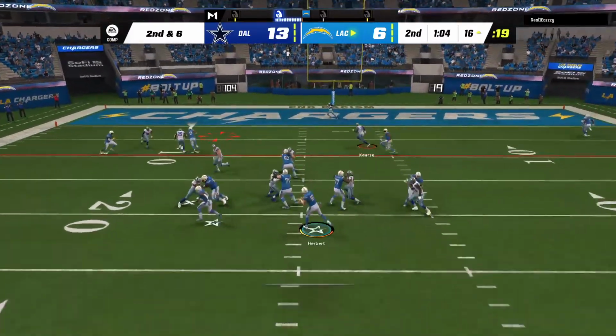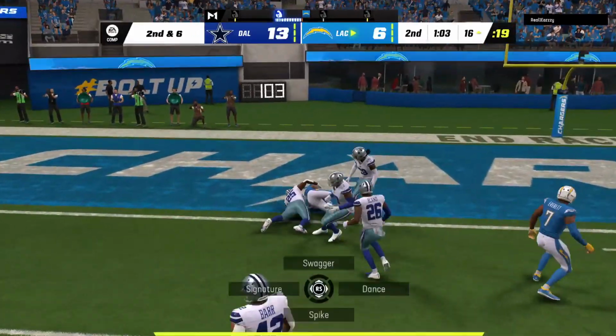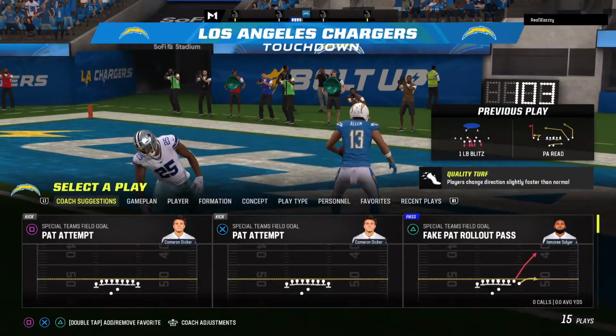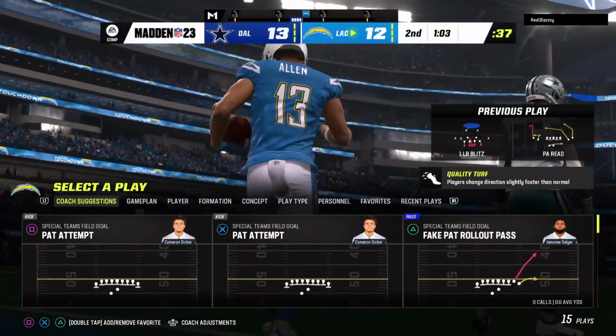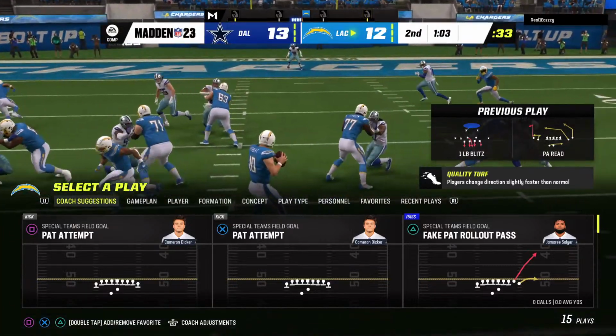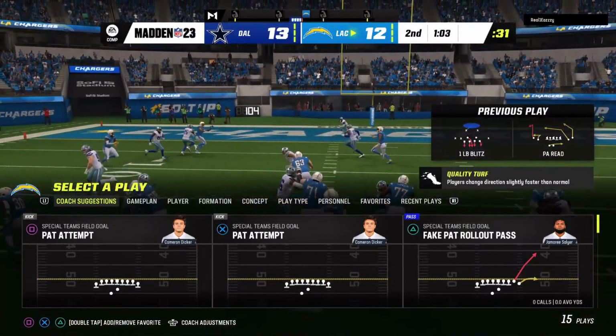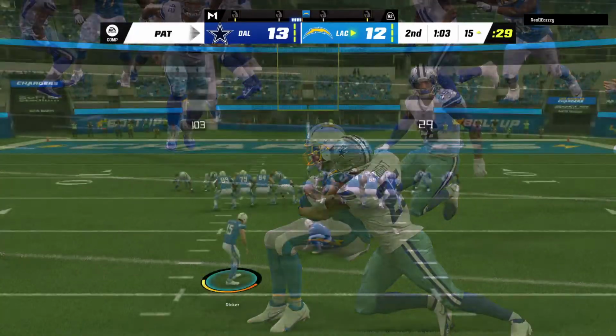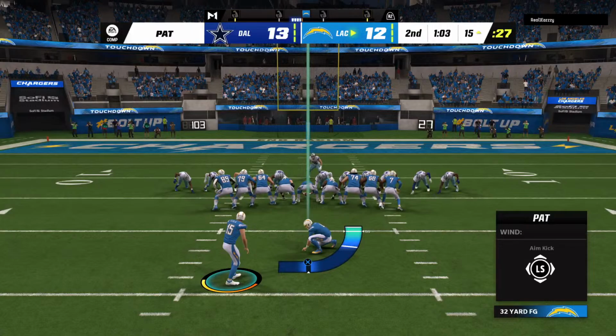Herbert off of play action. This is caught, and he takes it in for a Charger touchdown. Keenan Allen with a touchdown reception from Justin Herbert. And the Chargers are an extra point away from evening this one up. Well executed there offensively. Defense looked a little confused, but he found his receiver, and that one good for 6